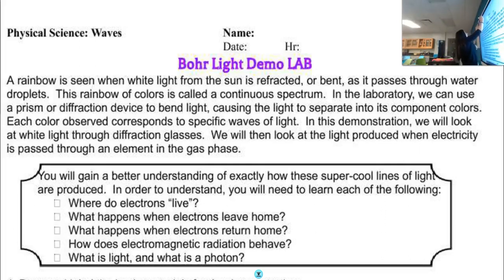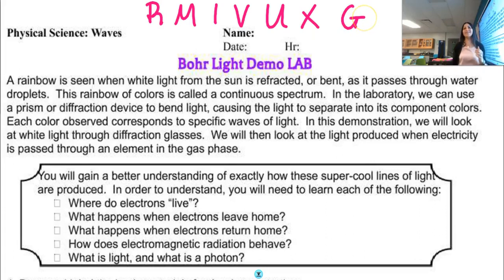So the saying is, run, Mark, it's Vicky, your ex-girlfriend. Okay, so everybody's going to say it with me. So say, run, Mark, it's Vicky, your ex-girlfriend. Okay, now, what the different types of radiation are, the 7 of them, and we are going to do them